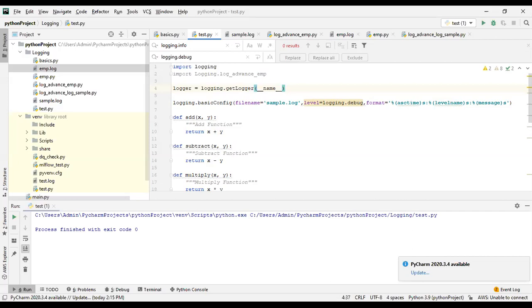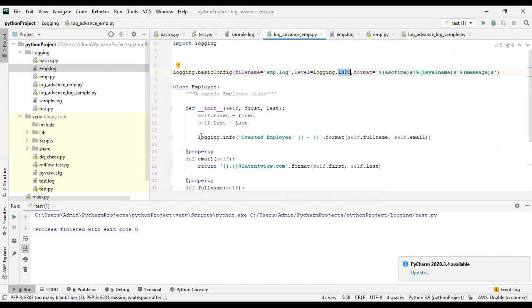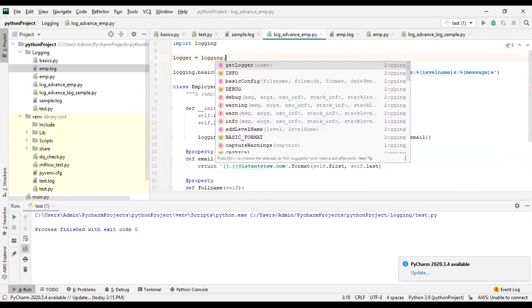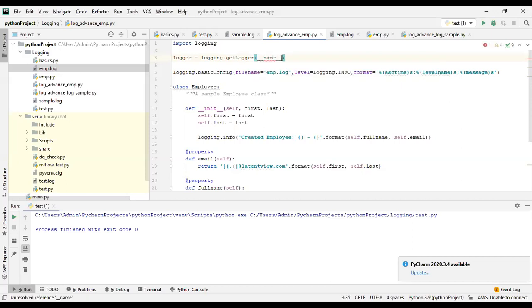I'm changing something here. This is more helpful because I have only one print statement here. So I'll create a logger here: logging dot get logger, and then name.